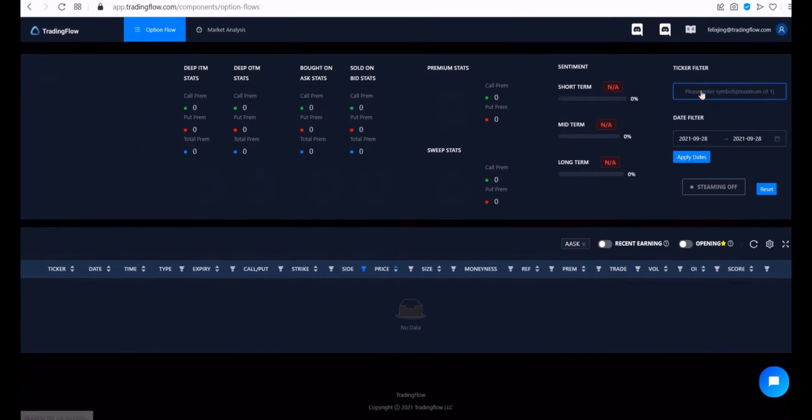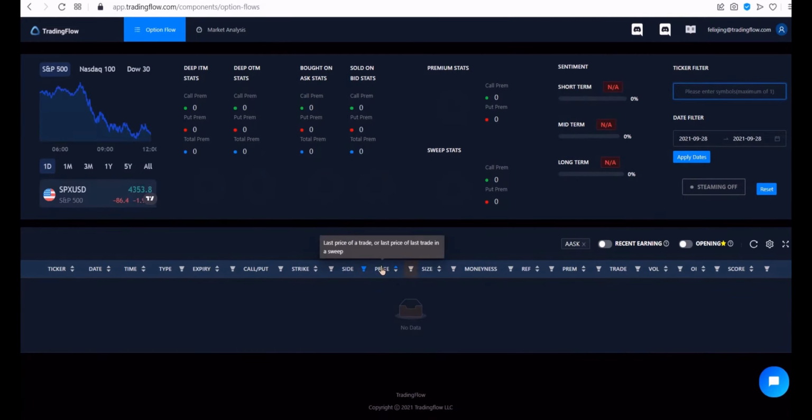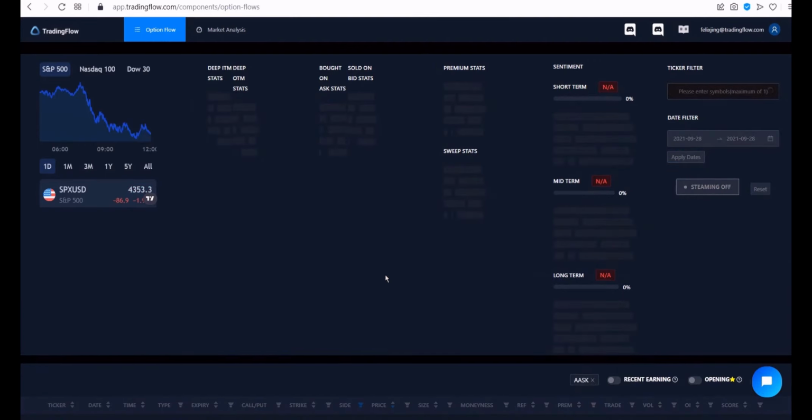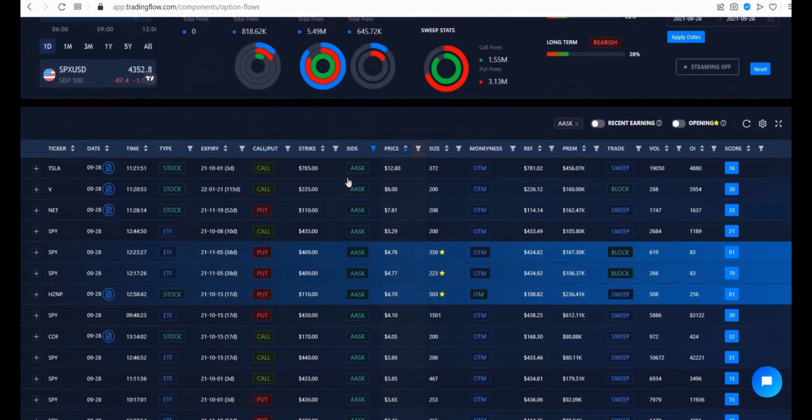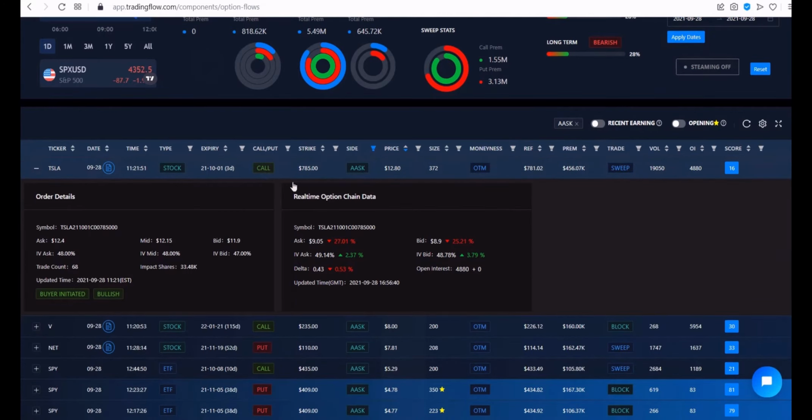Let's remove Apple and price. Let's apply the date again, just to refresh it. So now these are all the options that traded above ask. Ask stands for above ask. So let's click on Tesla. It's a call option. The ask price at the time is